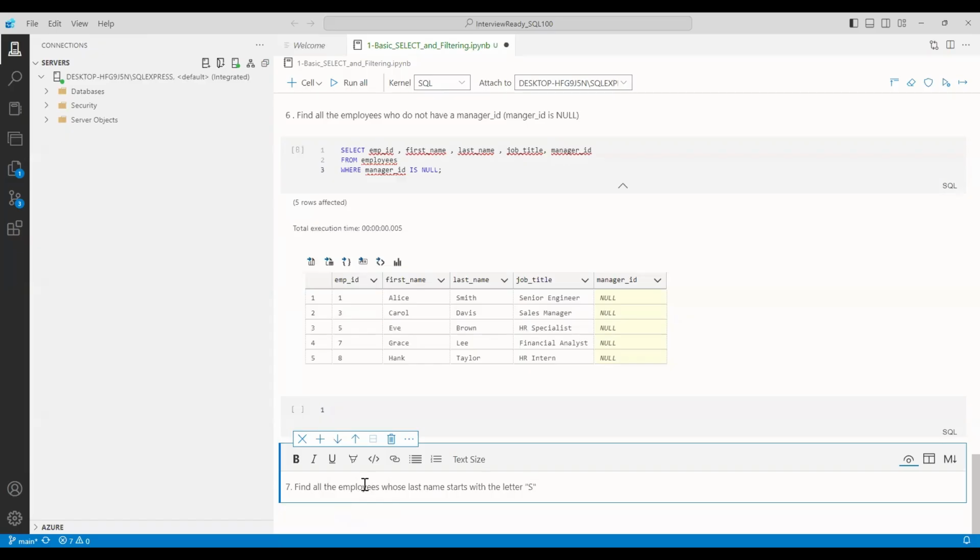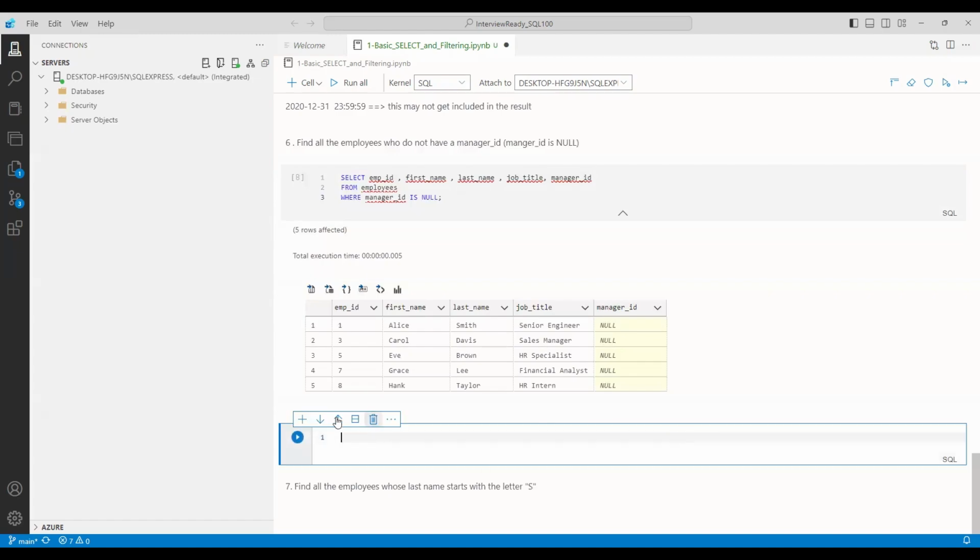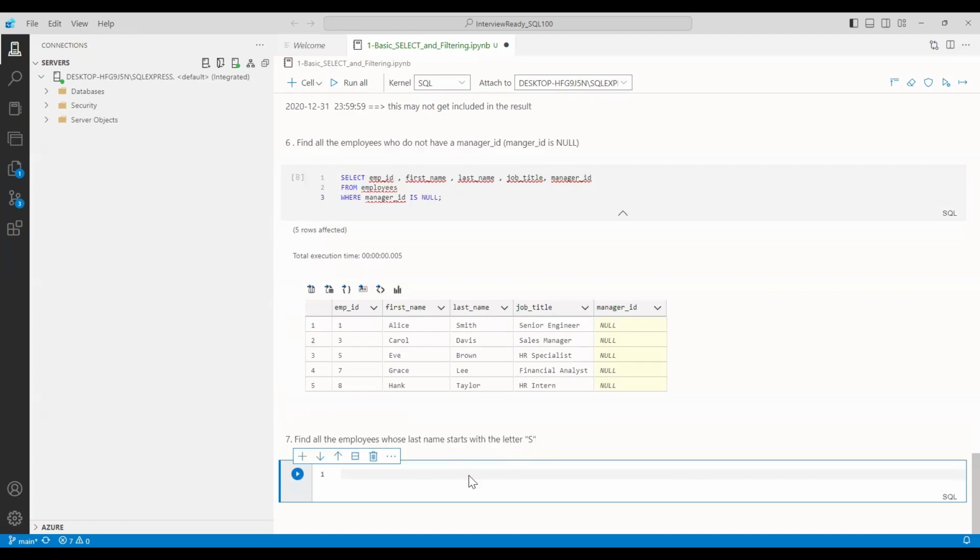Okay. So we have to figure out the employees whose last name starts with S. As we already know, there are the first name and last name. So we can use the keyword LIKE here. Let's see how we can utilize it. Since it's a filtration operation, again here we need to use a